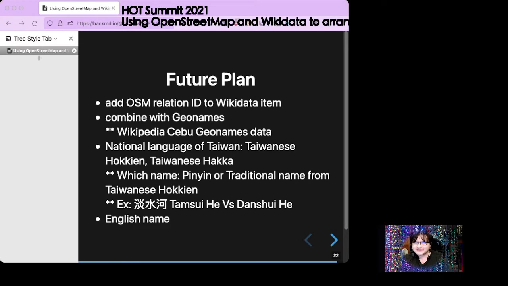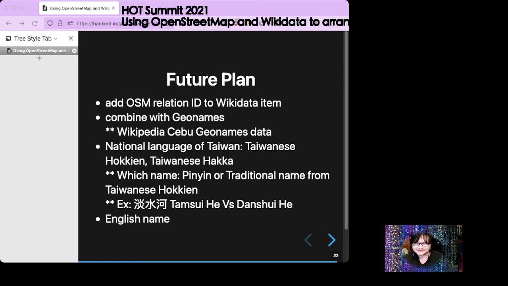Right now, not every Wikidata item has an OSM relation ID. And also combined with GeoNames, thanks to Wikipedia Chubei. There are still many Taiwanese rivers and streams that do not exist on Wikidata, so we still have plenty of editing work to do.